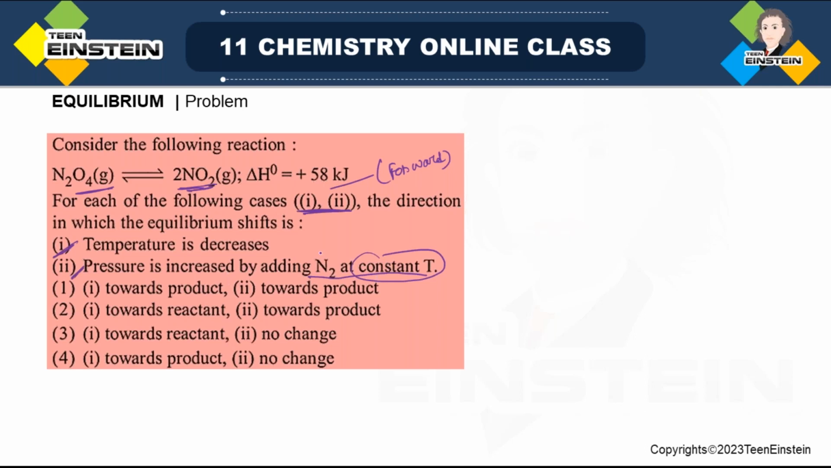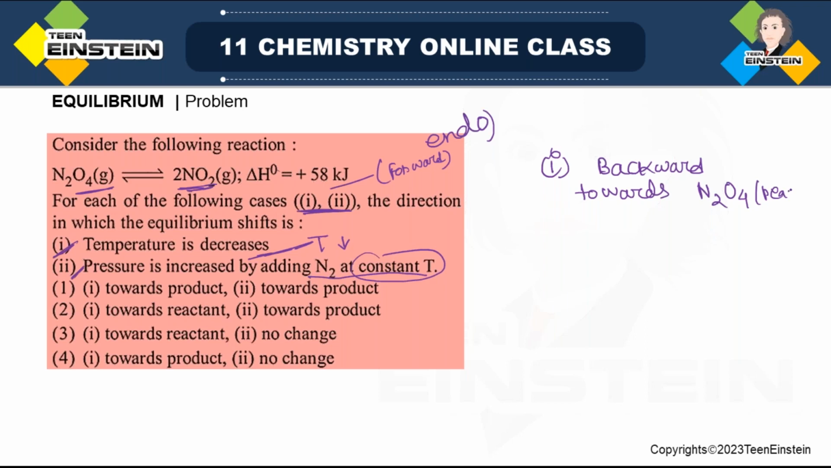So the first case, temperature is decreased. Now see, the forward direction, it is endothermic reaction. Now forward direction endothermic means when you are decreasing the temperature, it will move backward direction. So if we consider the first case, the system will prefer backward direction. That means towards N2O4, which is basically the reactant, right? And the second case